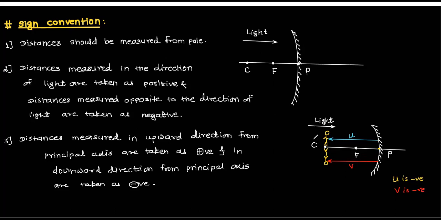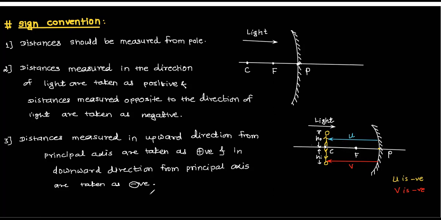Next, let us suppose this one, height of object I want now. Height of object. The center of curvature I am replacing. I am writing here, okay? This is the center of curvature. Now, see here, from this point to this point, this is the height of object. Okay. And from this one to this one, what is this? Height of image. And this is your principal axis, we can say. This is the principal axis.